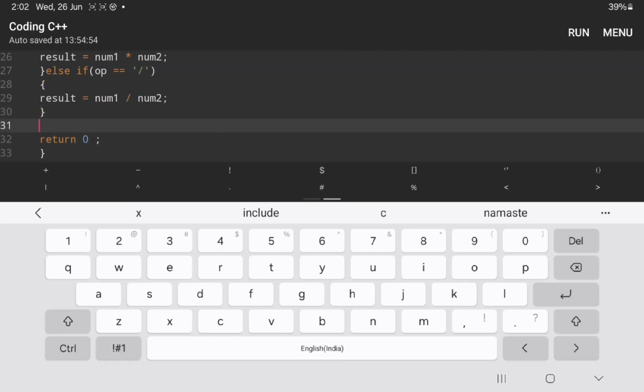Now if someone gave other operators instead of addition, subtraction, multiplication and division, then we need to